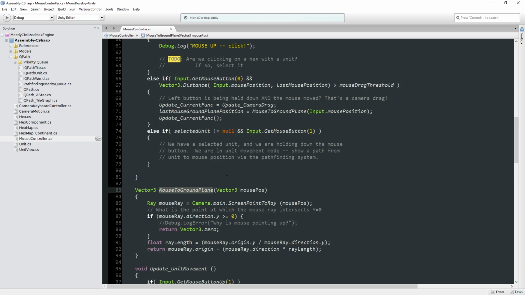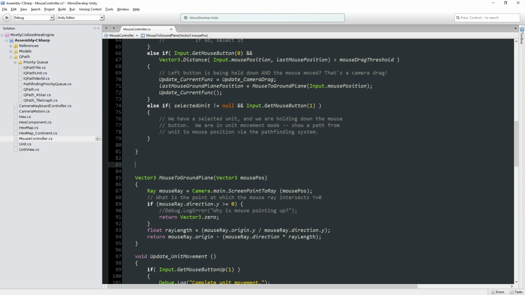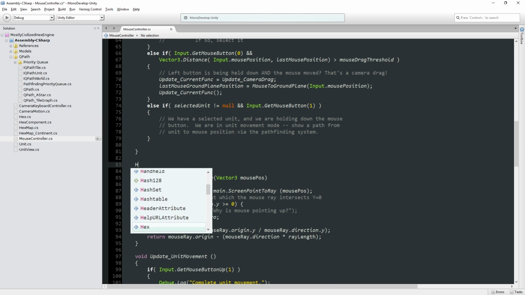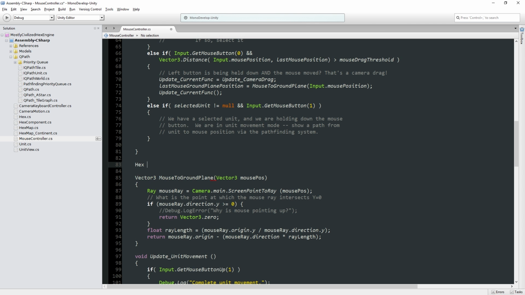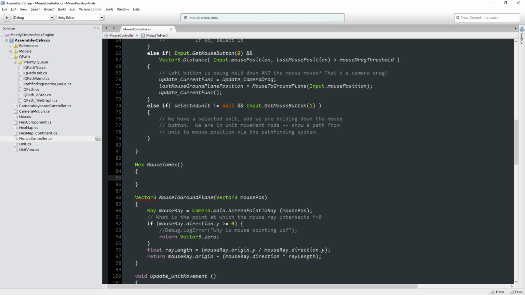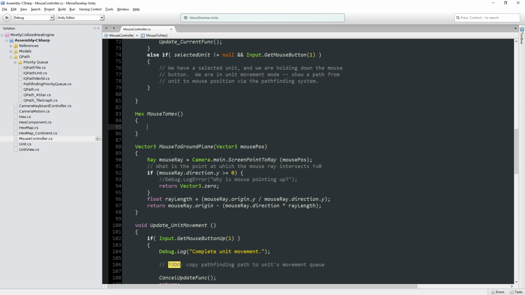Which means now we can use some very handy little functions here to say something like, how about we get a function that returns a hex and it's something like mouse to hex, just to echo what we have here with mouse to ground plane, right? And we don't even need to take in the vector 3, which is kind of interesting. We might end up changing that, but mouse to hex is going to do our very, very common job,